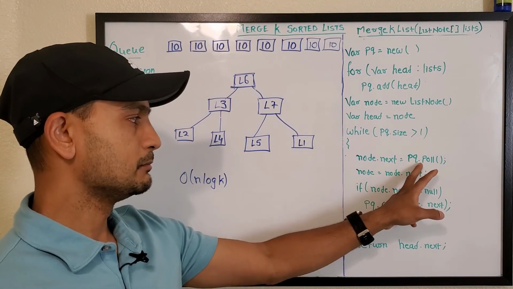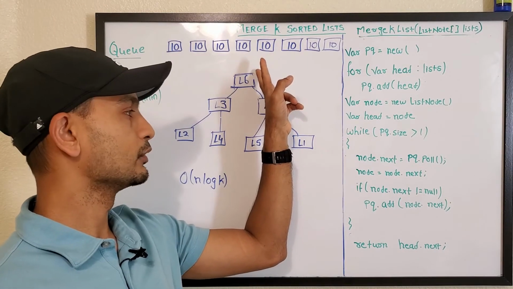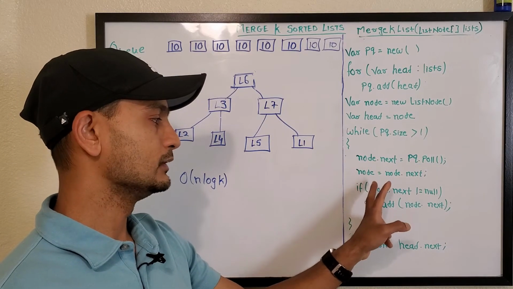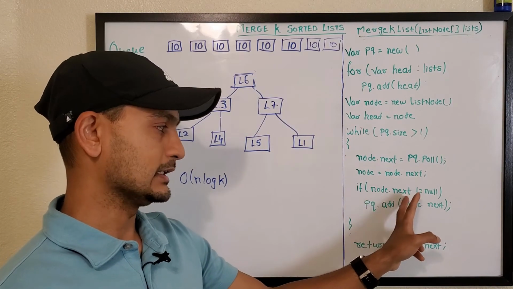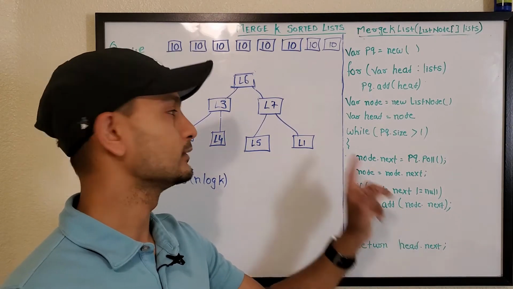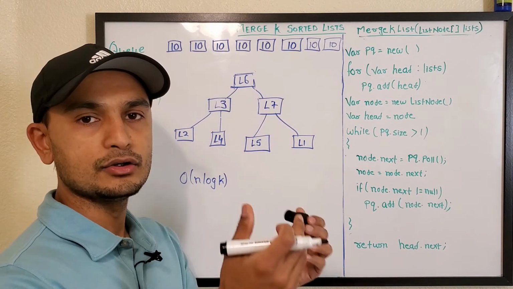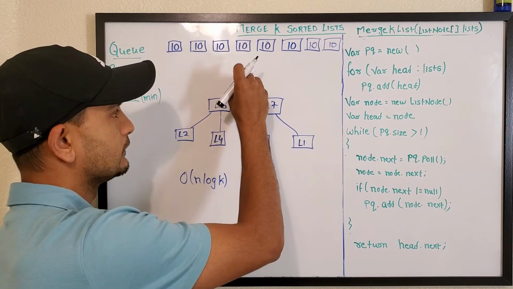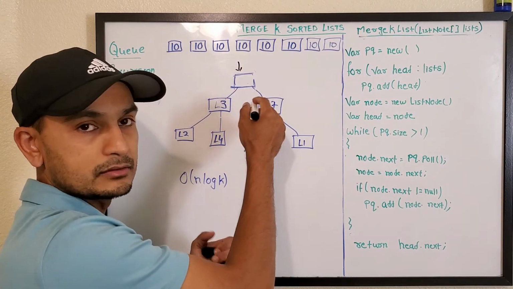So what we do is we pick the topmost node from it. This is the smallest element, we pick it and we put it after the dummy node. So that's the start of our merged list. And then let's say we picked L6, list 6. So we say, by the way, list 6, is your next node null? So no, then we add the next node from list 6 into this priority queue. So what will happen is, let's say list 6's second node is not the smallest one, but it's somewhere there. So we removed this and we added one more node into this, which is from list 6, but it's not the smallest.